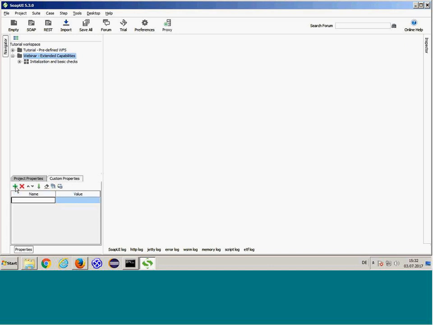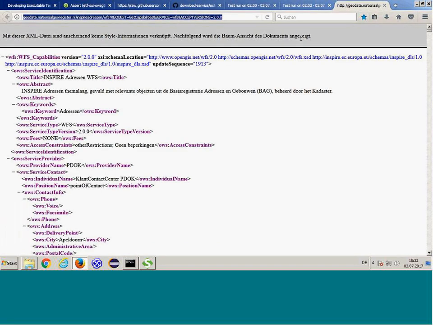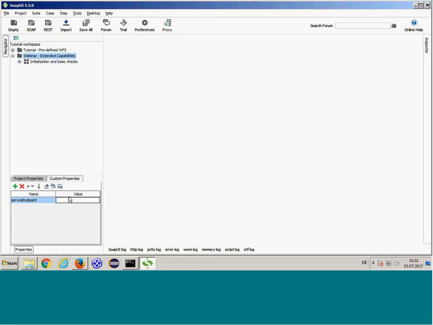There's one convention for executable test suites in SOAP UI: we need a service endpoint property. And we set this service endpoint property to a test service.